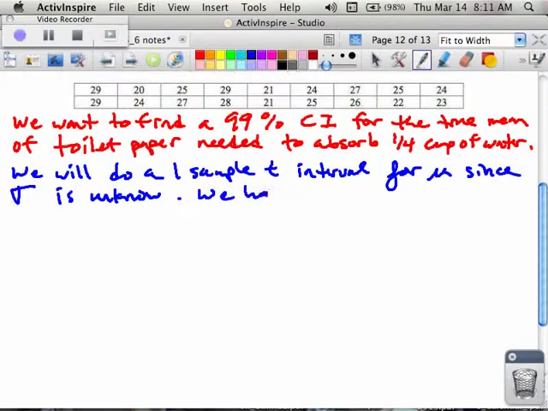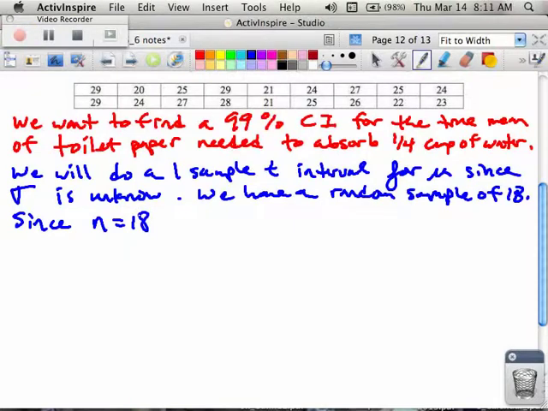We have a random sample of 18 because that was stated. And when we look at normalness, since n is 18 and not greater than or equal to 30, we should check to see